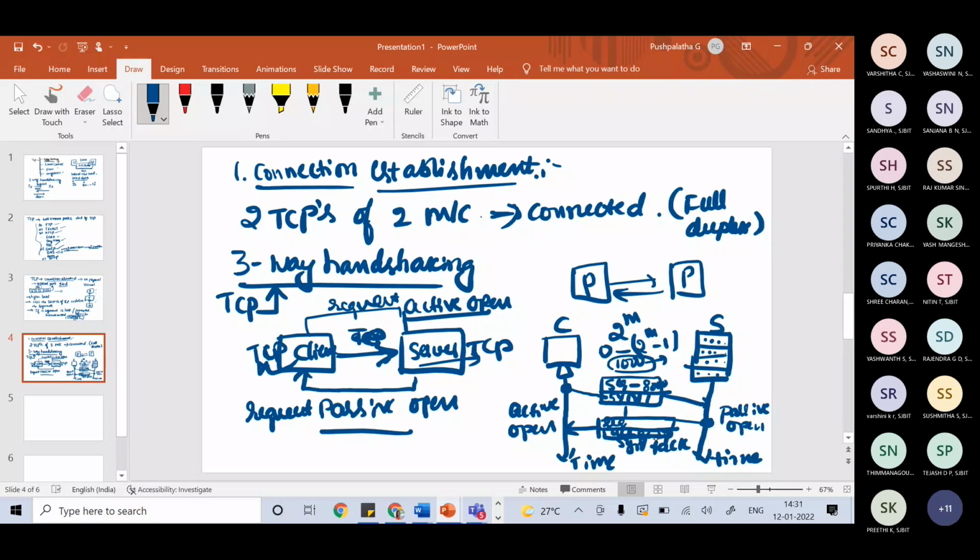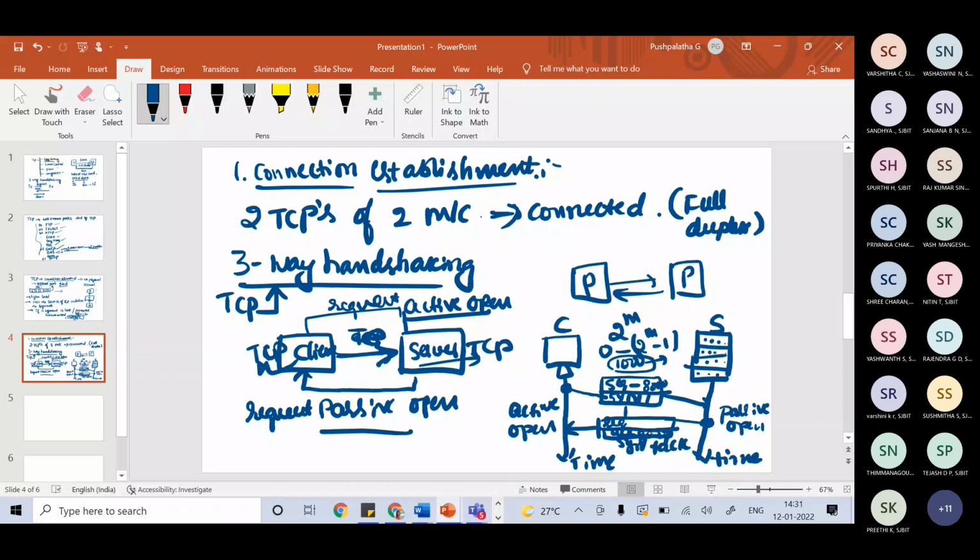And this segment has a dual purpose here. That means it is a SYN segment for communication, and also serves as the acknowledgement for the request that was received by the client. So a SYN plus acknowledgement cannot carry data, but it consumes one more sequence number. That is why the acknowledgement is 8001. When it is sent back from the server to the client, again it consumes one imaginary byte.